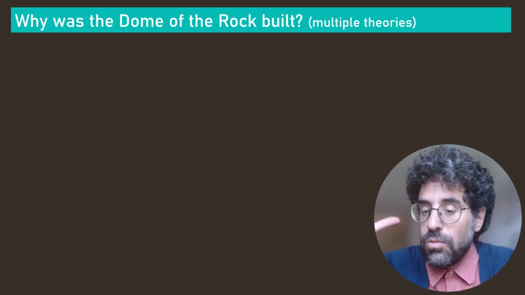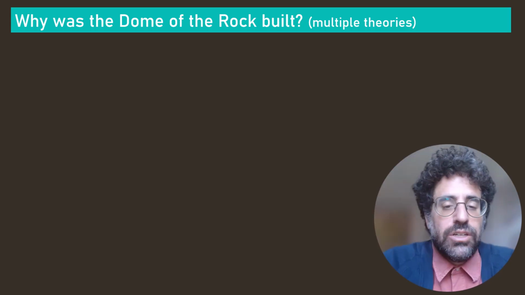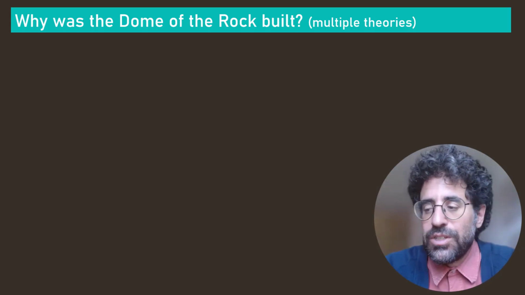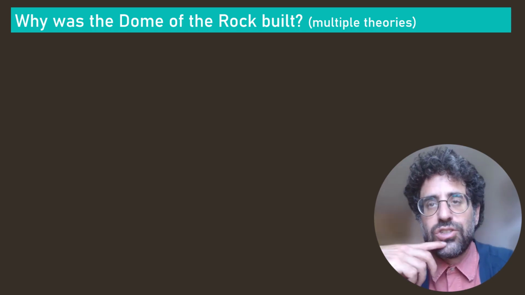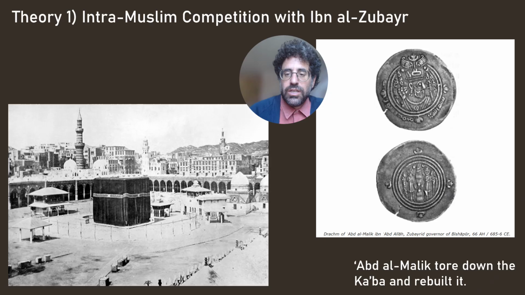So, thinking of all this evidence, why in the world was the Dome of the Rock built? How do we actually understand it? What is the purpose of this weird non-mosque, non-church structure that is over a rock in the middle of Jerusalem? Well, one idea is that Abd al-Malik built this to compete with Ibn al-Zubayr. Remember, Ibn al-Zubayr rebuilt the Kaaba after its destruction by Yazid. He reinserts Muhammad as a central figure. He has a lot of credibility for these events. And now what Abd al-Malik is trying to do is essentially create a new competing religious monument on the level of the